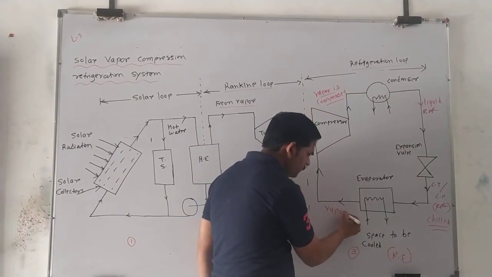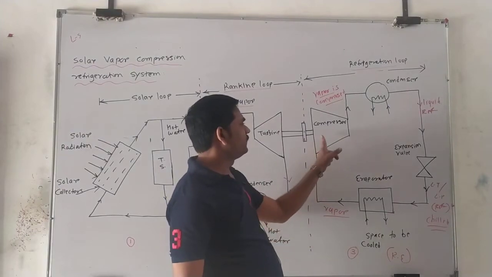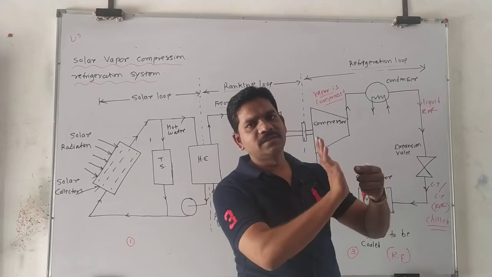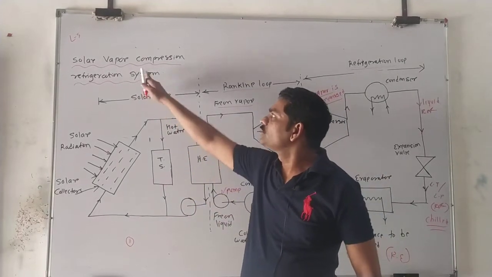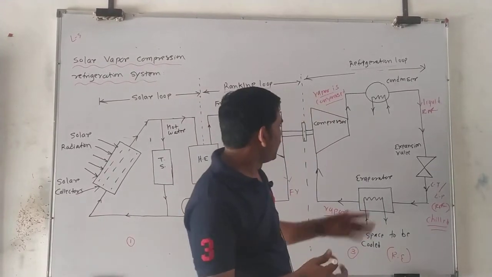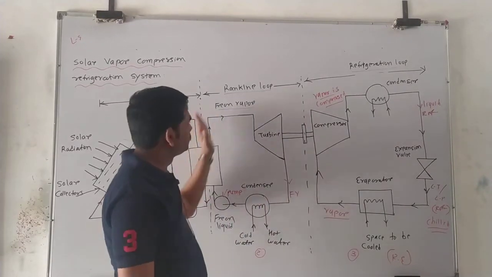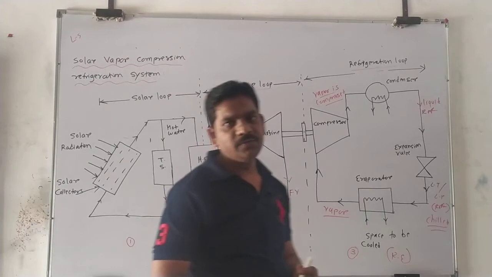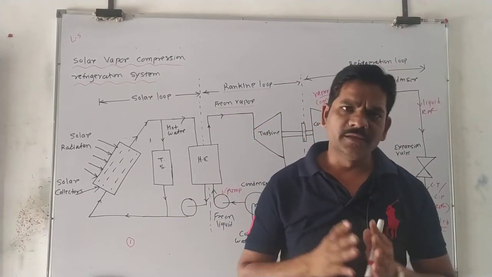Okay. Now after that, boys, this refrigerant once again converts into which form? Vapor form now. Yes or no? Yes. And once again this vapor is passed where? Inside the compressor, and this compressor once again compresses the vapors. That's why it is called the solar vapor compression refrigeration system. Okay. And this cycle continues once again, and in this way we get the refrigeration effect.